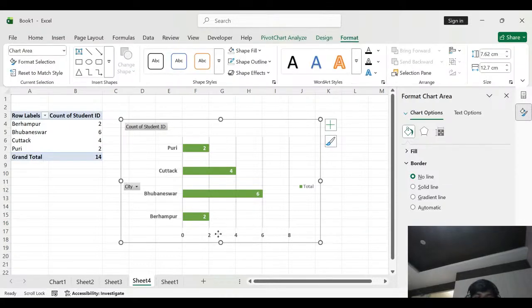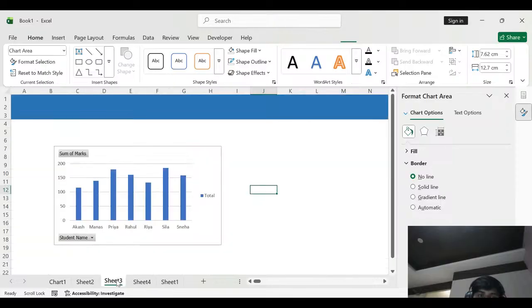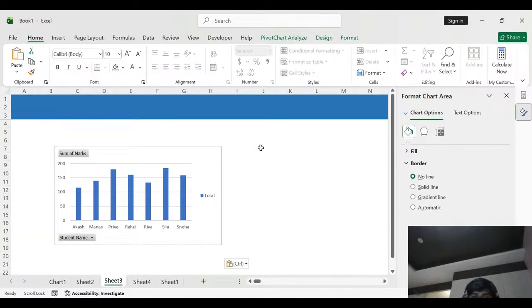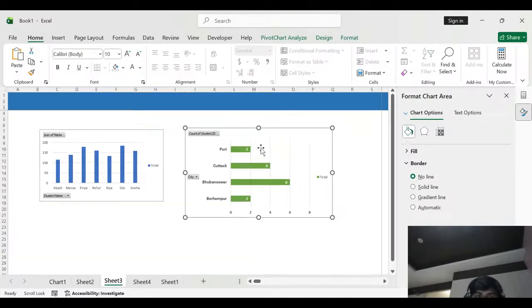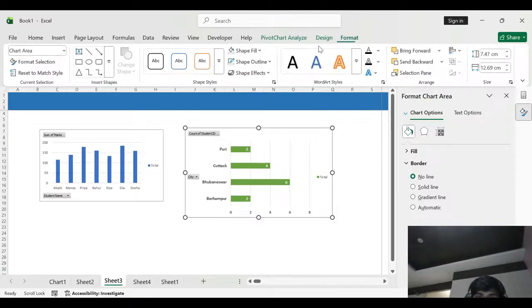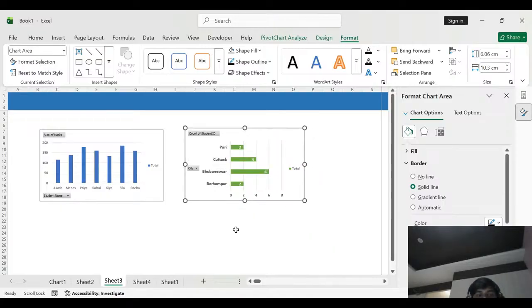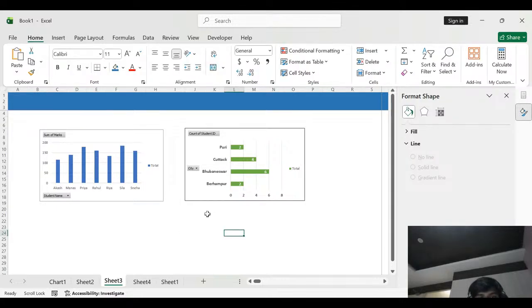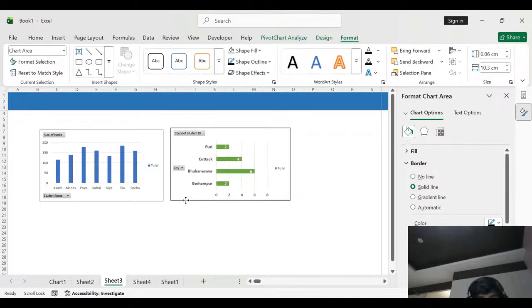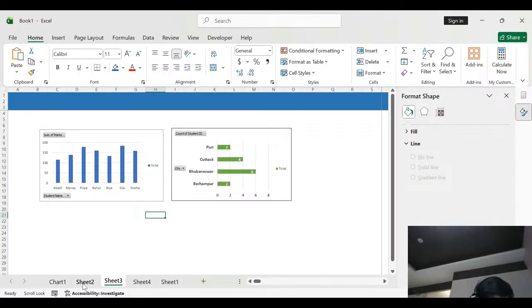Okay, so now here I've copied it and put it into our dashboard, what we're making now. Then if I need the border, I can give that black. Okay. Now the other thing is,